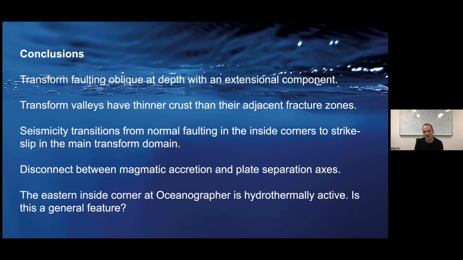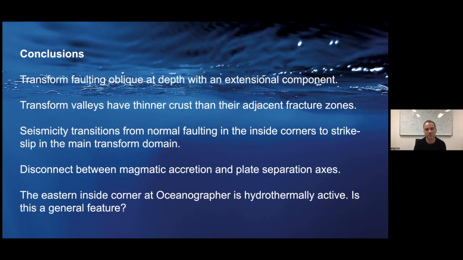I think what we find now is in models and in observations that transform faulting can contain this extensional component, that the valleys have a thinner crust than the fracture zones. Seismicity transitions from normal faulting to strike slip in the main domain. What I showed you from Mink's model is that the way the models are set up now, maybe it has to be done better where the melt is actually in place, but we see this disconnect between the magmatic and tectonic separation axis, basically,